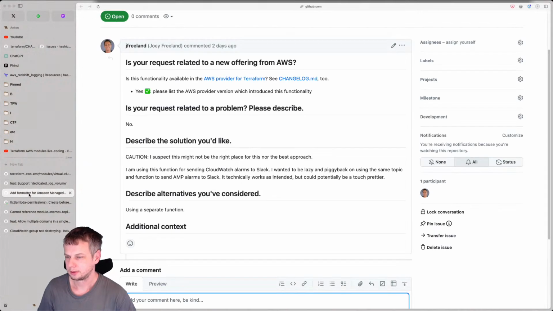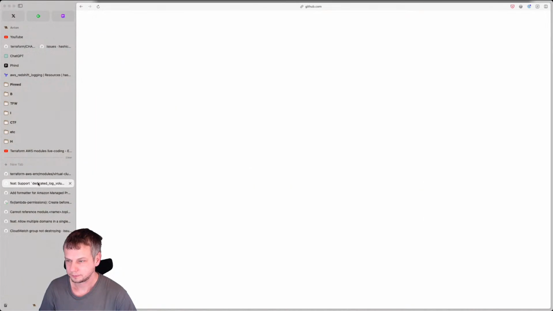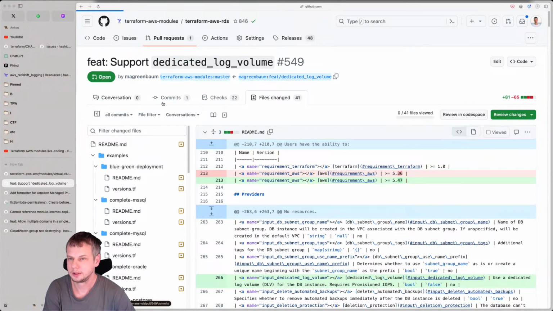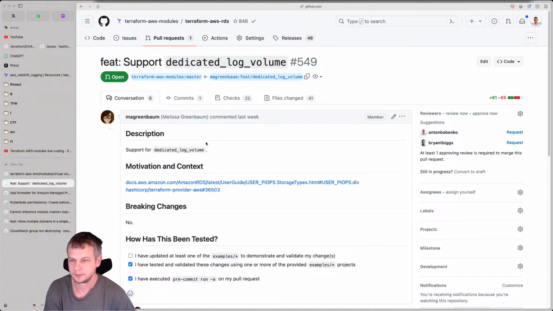Okay, dokie. Let's look into another one. Yeah, let's look into this one. So I think Melissa is writing code to so many Terraform-aws modules. I need to drink coffee.